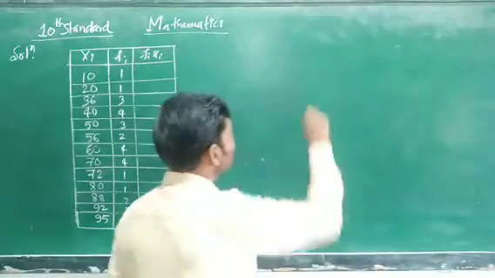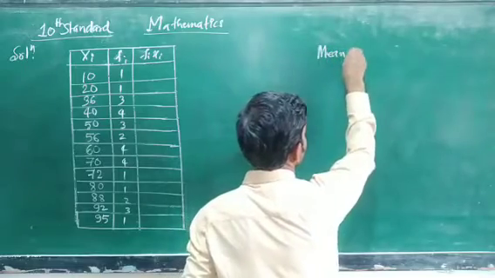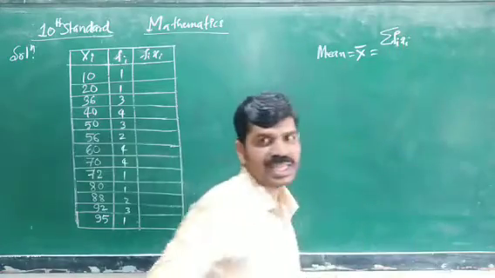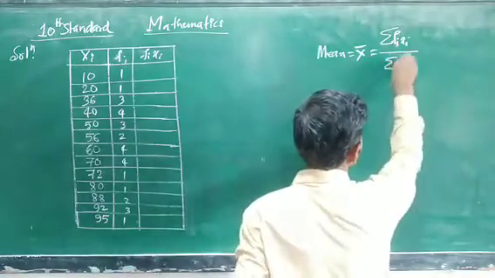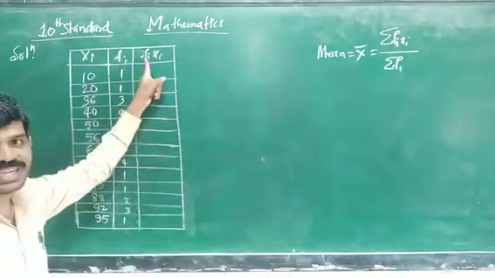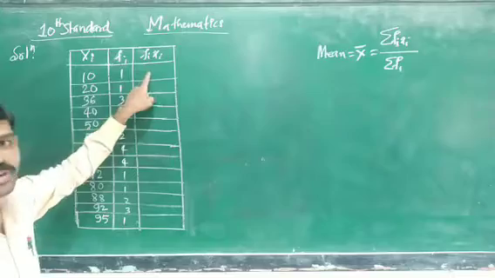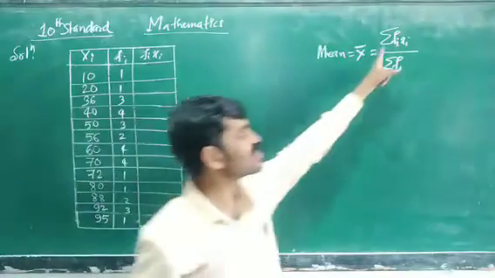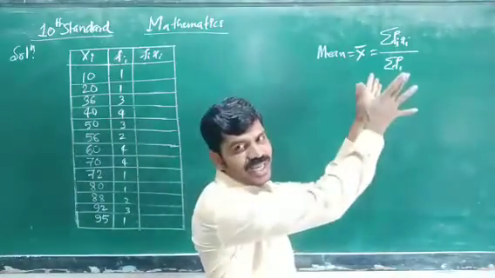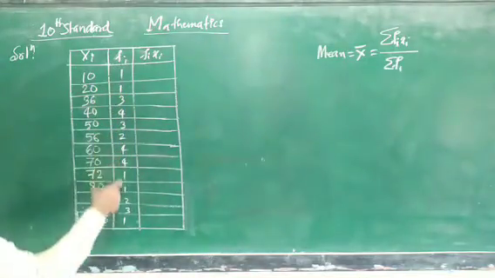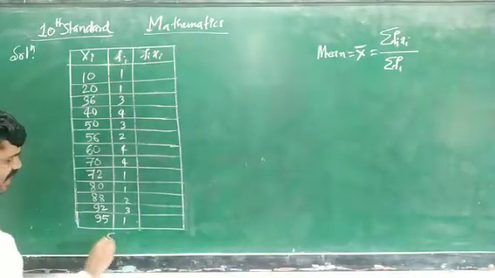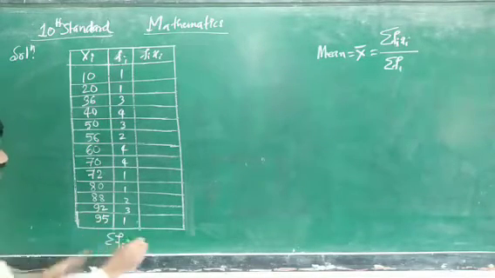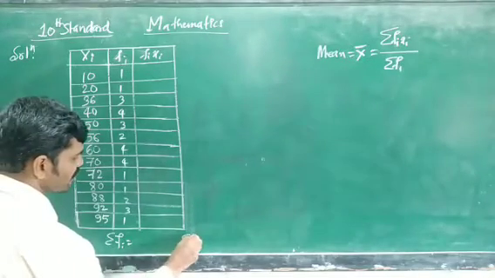What is the formula? So mean is equal to x bar, that is equal to summation of xi fi divided by summation of fi. So here we have fi xi. We have to multiply these two and find out the answer. And if we total this fi xi, we will obtain summation of fi xi. We have to write that amount there. And so there are fi data here. Summation of fi. If we count and put a total here, we will get that. So if we have to apply that summation of